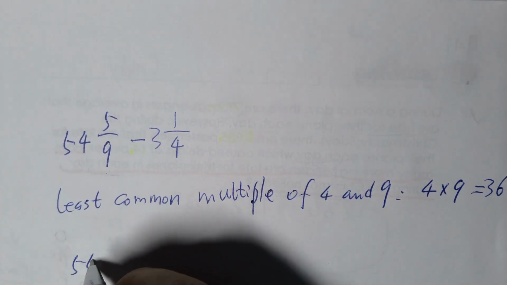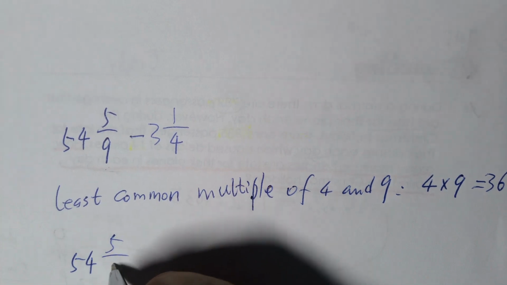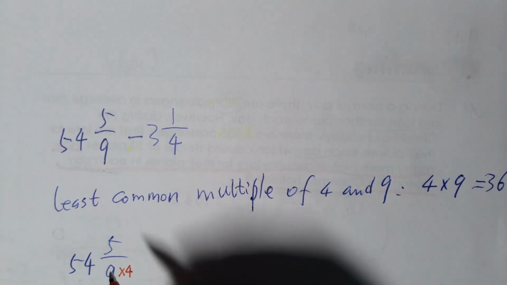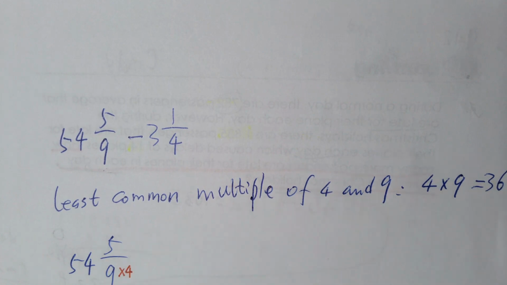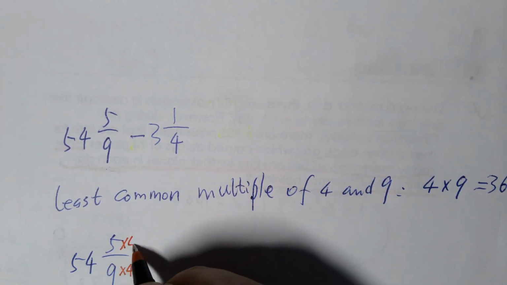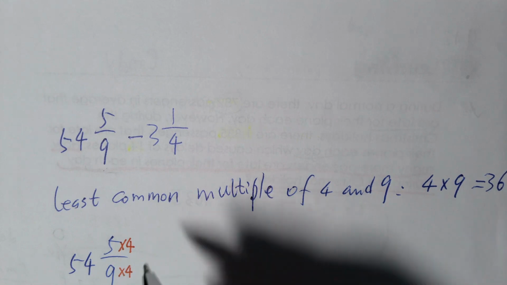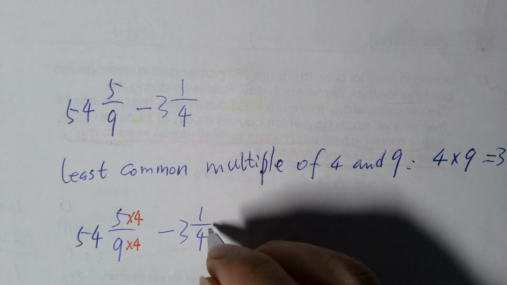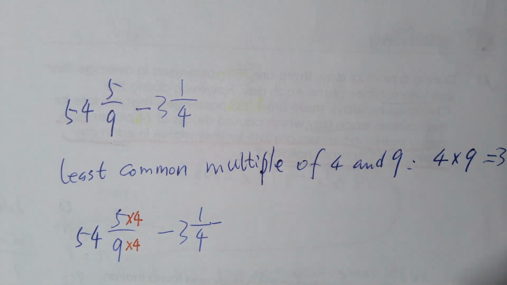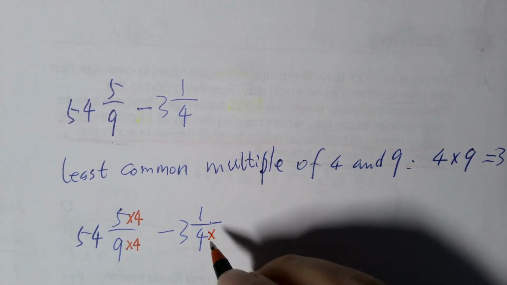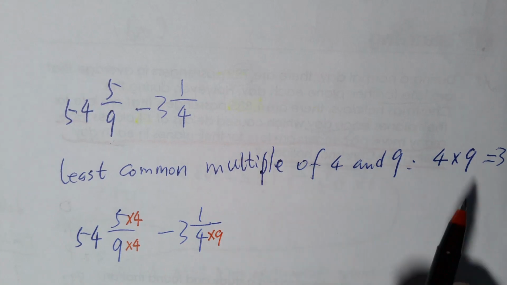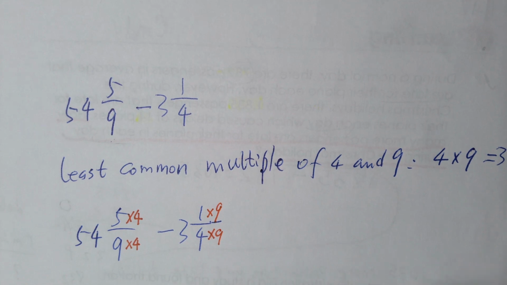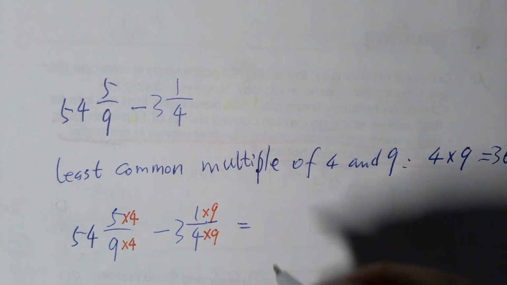So 54 and 5/9 times 4 to get 36. The numerator also needs to be times 4, right? Then minus 3 1/4, okay? Change the denominator to the same by times 9. The numerator also needs to be times 9, okay? Then we can see this becomes